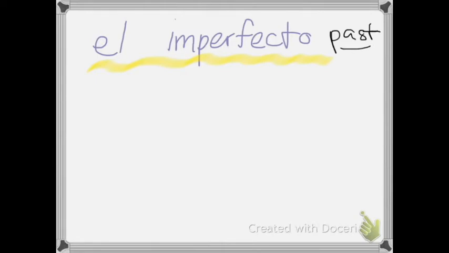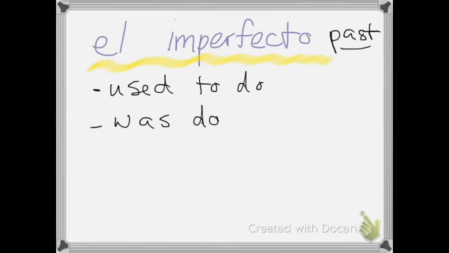Now, we do have something similar in English. We just add more words to it. So we make compound verbs, whereas they just have two different verbs. So el imperfecto, or the past tense, is going to be used when we are talking about something we used to do, okay? Or something that somebody was doing or you were doing when it got interrupted by something else,